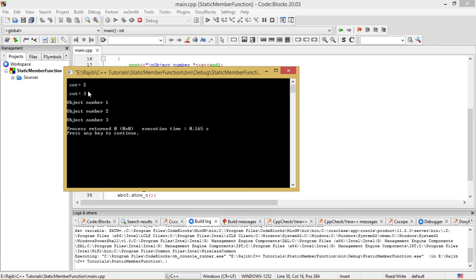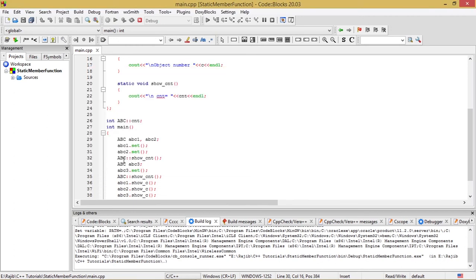That is CNT is equal to 2, and after creating another object, ABC::show_CNT, for the first time when it was invoked, should have shown a value of 2, because ABC1.set incremented the value of CNT by 1, and it had become 1, and after that ABC2 incremented the value by unity and it had become 2.